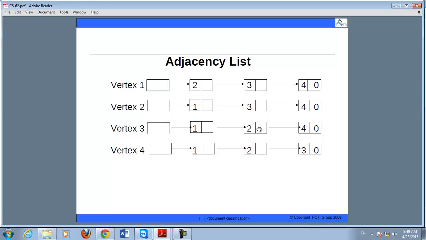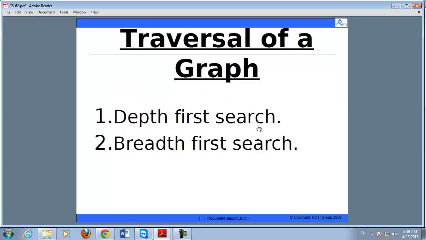This is all about the representation of a graph. Next is traversal of a graph. Like trees, as we already discussed the tree traversal, traversal means visiting each node at least once in a tree or in a graph.